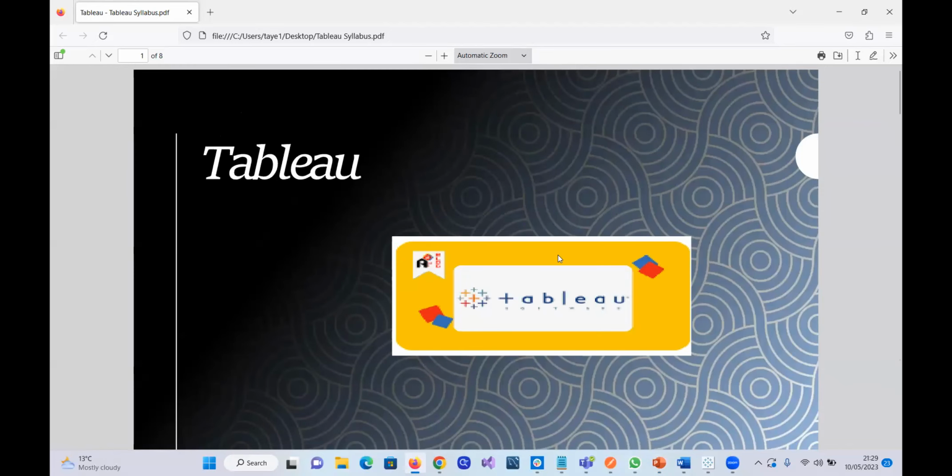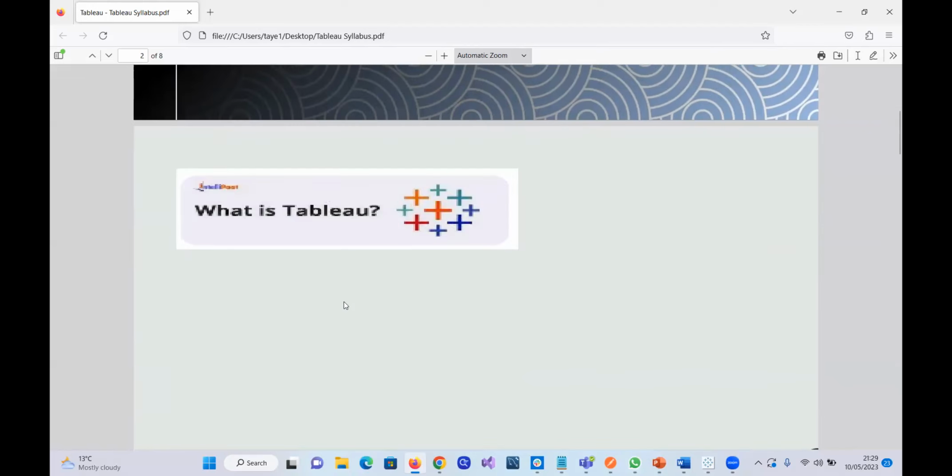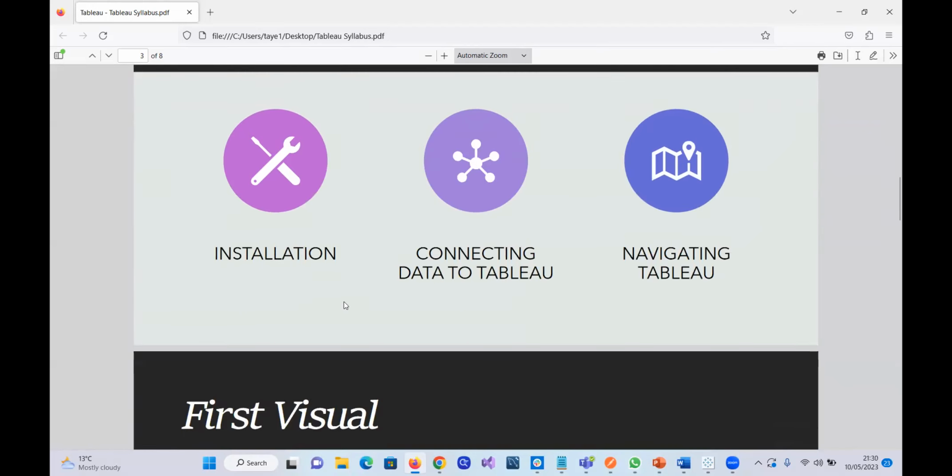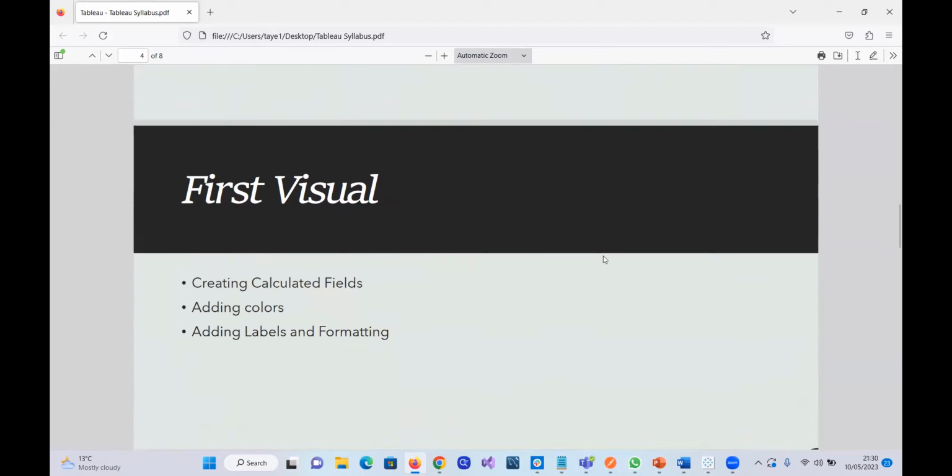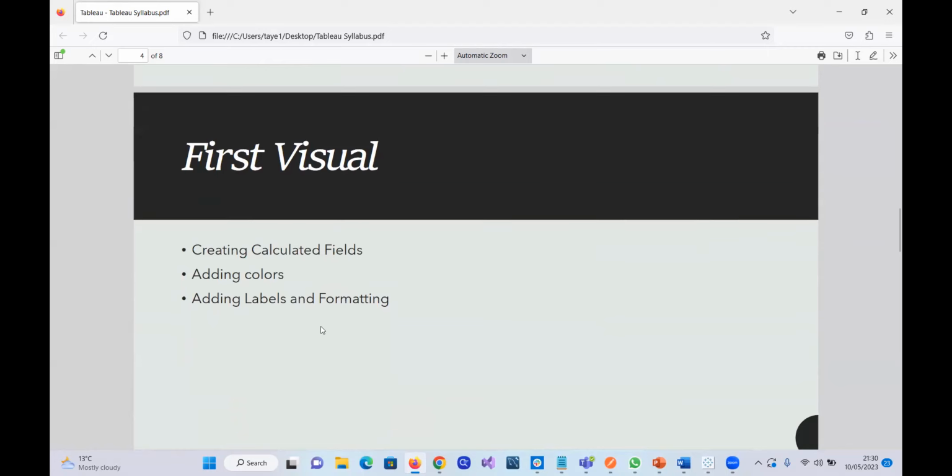So this is going to be our syllabus. I'm going to send it to us when I make a few changes. So we're going to be doing installation and some navigation, just to show us the navigating part today. And tomorrow we'll start with our first visual. We're going to be doing about some